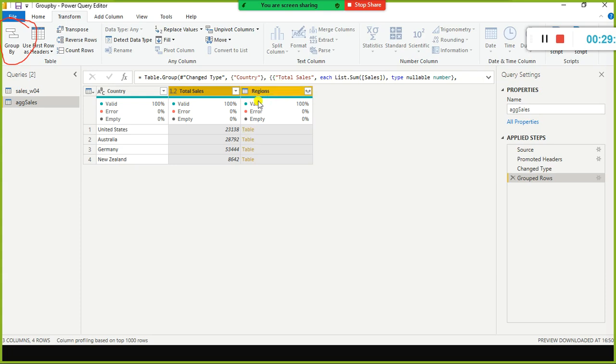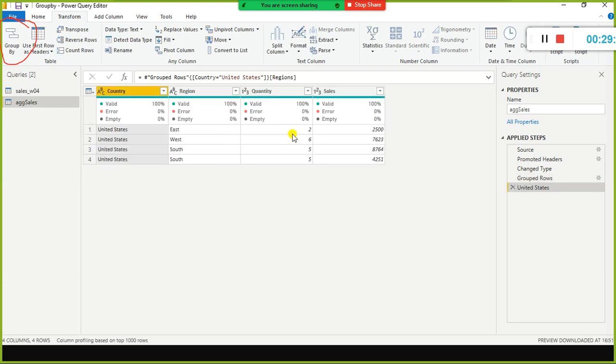Okay, so in this you can see something like table. When you click table for each row, it will show you the granular level of the sales. Granular level is the lowest level of sales, or what makes up that value.